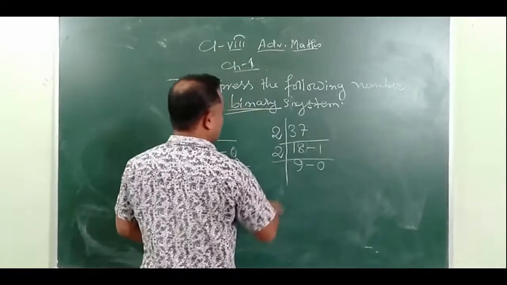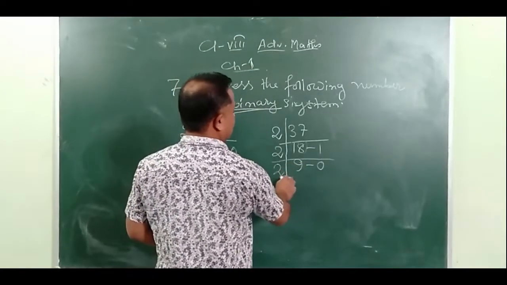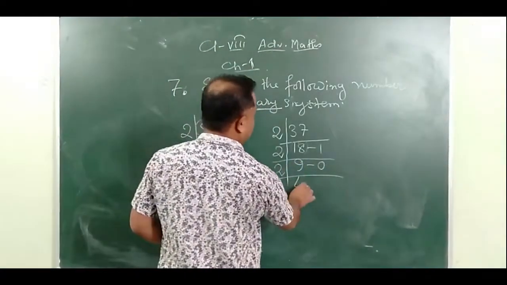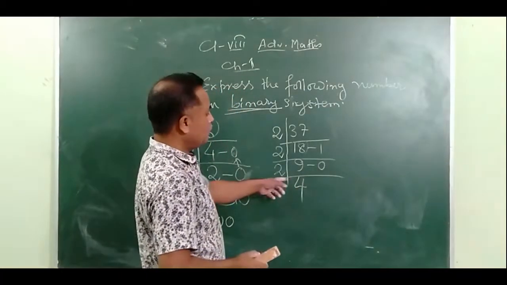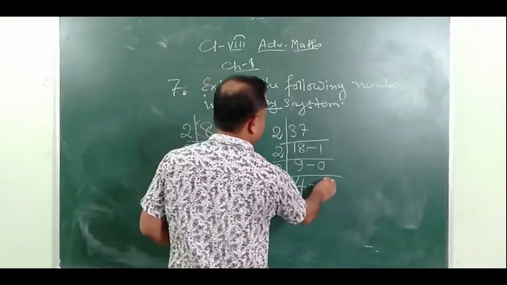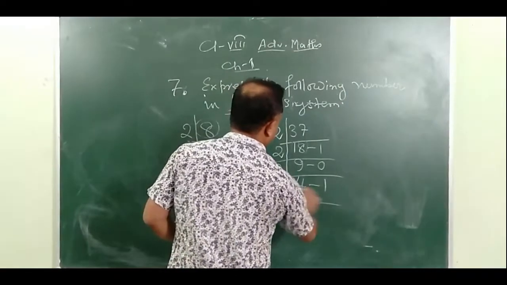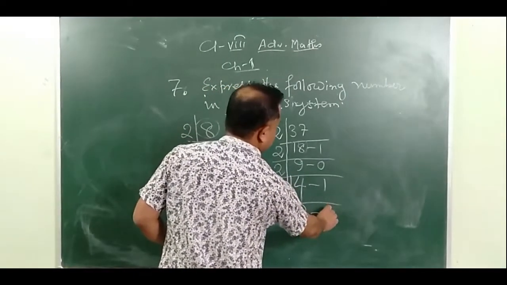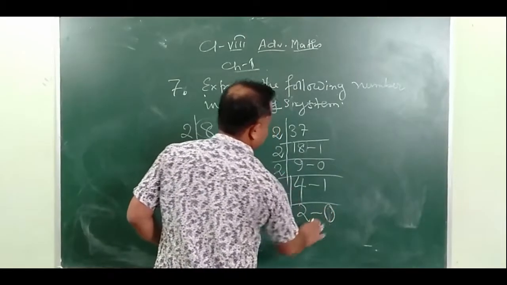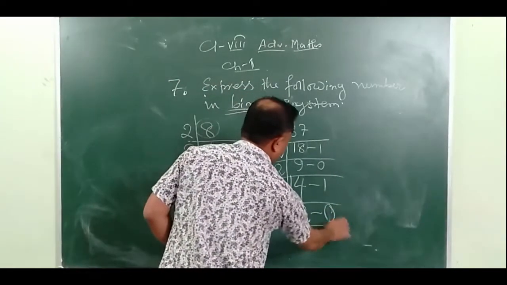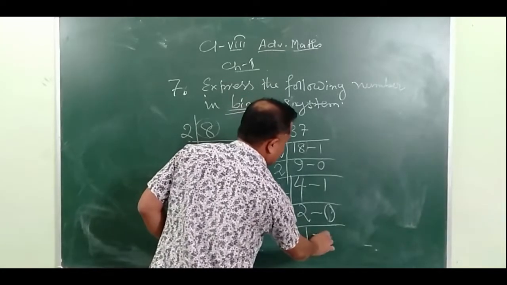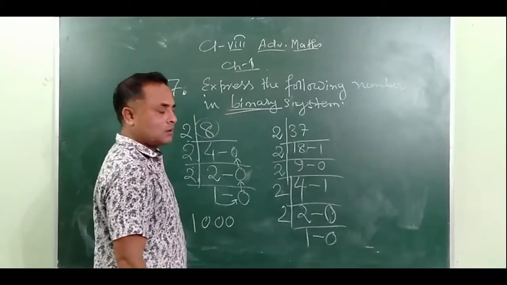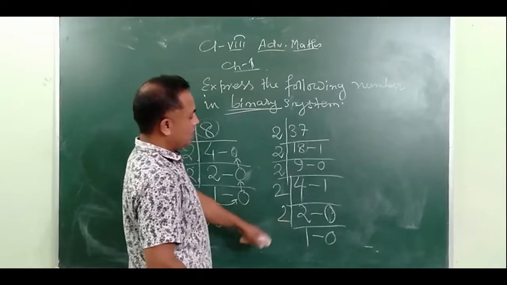Similarly, if I divide 9 by 2, 4 times it goes, 2 fours are 8, and the remainder is 1. Again, if I divide 4 by 2, 2 times it goes and the remainder is 0. Again, if I divide 2 by 2, 1 time it goes and the remainder is 0. So the answer in binary is